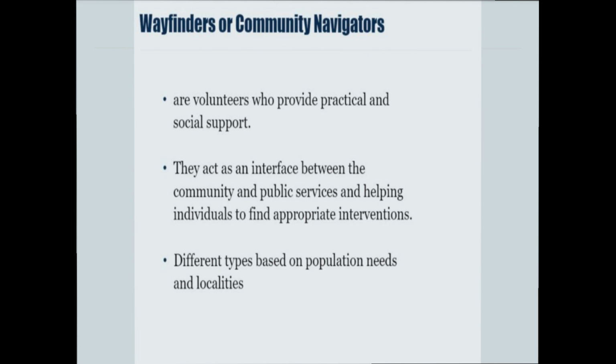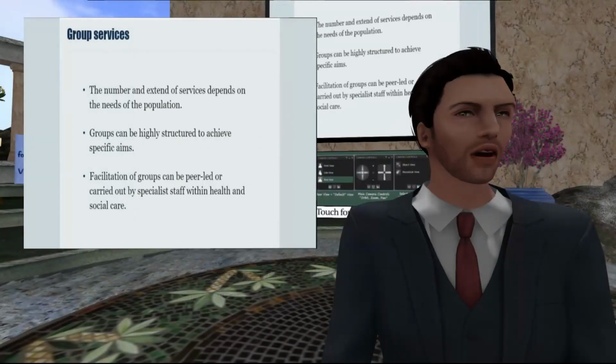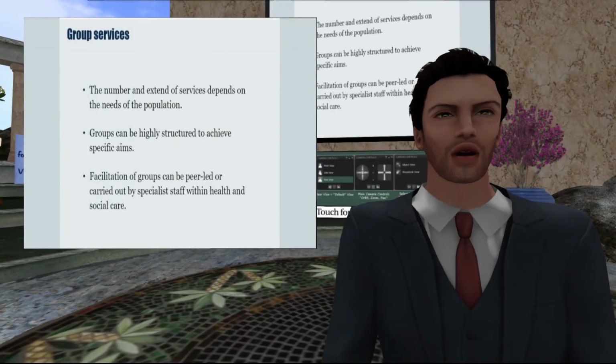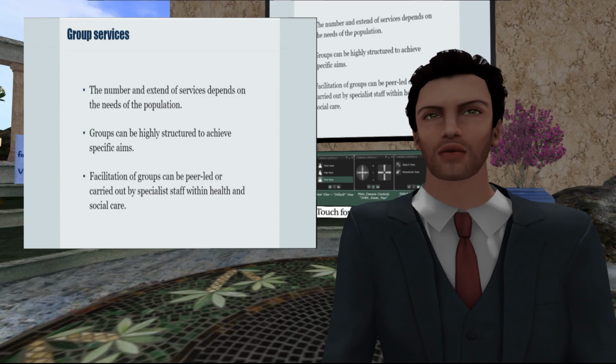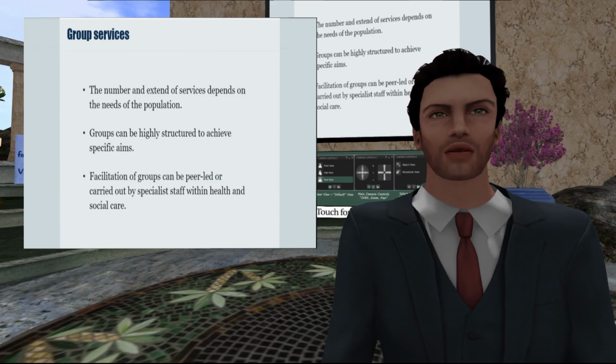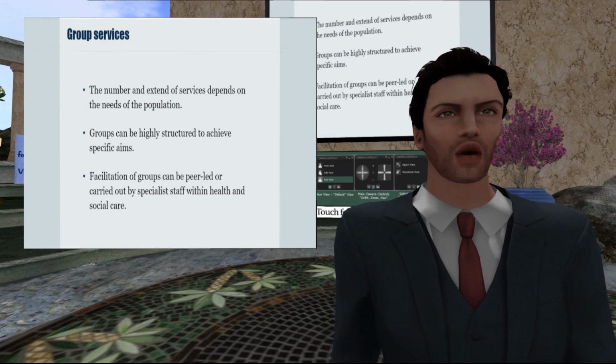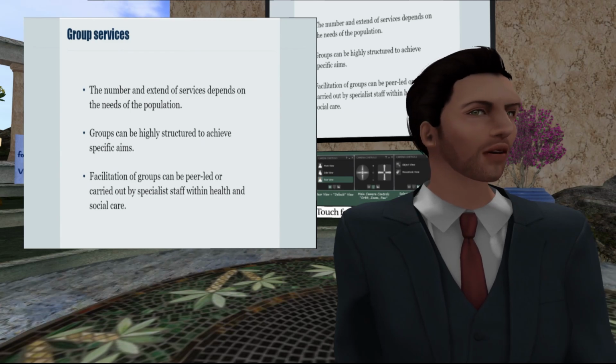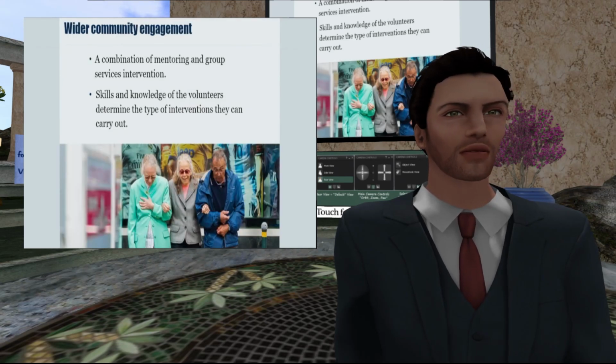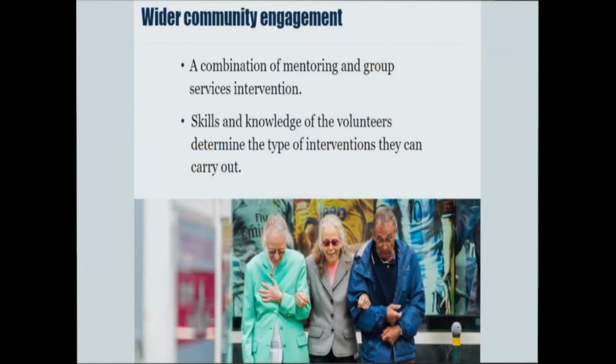So, for example, Meals on Wheels here in the UK is a group of social support. They will bring food for the older adults who cannot go out to buy their own food. It is a group service that you are more used to and you understand better, so different needs, very high structure, and it depends on the needs of the population. Wider community, for example,